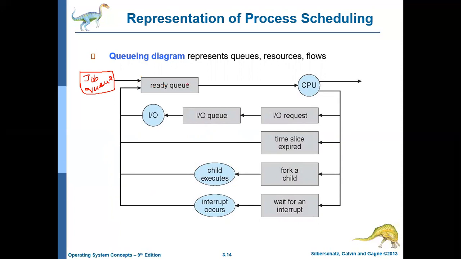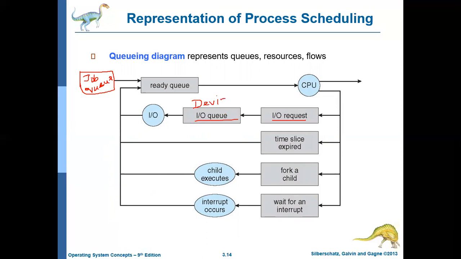The processes in the ready queue are ready for execution, and will be allocated the CPU whenever their turn comes, and they will be executed. If the running process wants to perform any IO operation, it will place an IO request to the operating system. If the IO request is accepted, it will enter into the IO queue. The IO queue is nothing but the device queue. So IO represents any IO device.